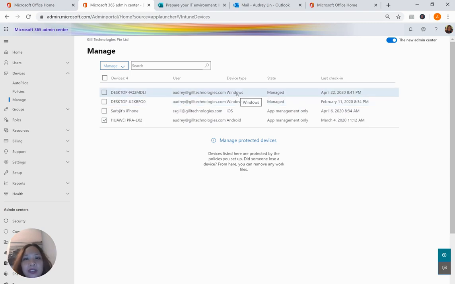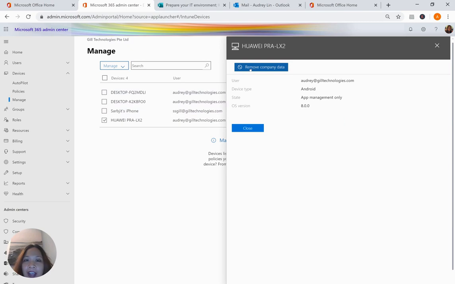You can see who is using the device and what type of device it is. Is that a Windows laptop, or is it an iOS mobile phone, or is it an Android mobile phone, and who is it tied to. You can see whether the device is managed by the organization, or is the app managed by the organization. So there are differences here. And you can also see when was the last check-in of this device. So if I click on this,